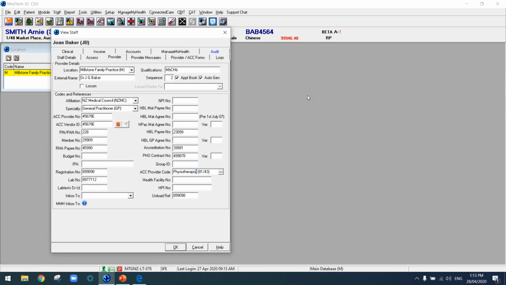Okay, cool. So there's a question here around what does ACC API connectivity mean? Just as an overview, ACC have provided to all PMS vendors a number of API endpoints to connect to. And what it means is that we no longer need to use HealthLink to send your claims or your forms or anything to them anymore, and everything goes directly and straight away through to ACC through their API in a